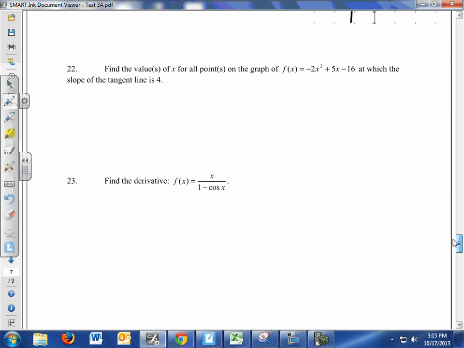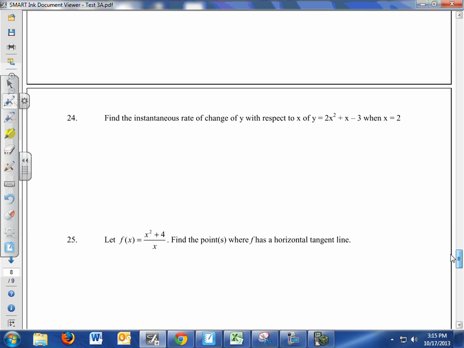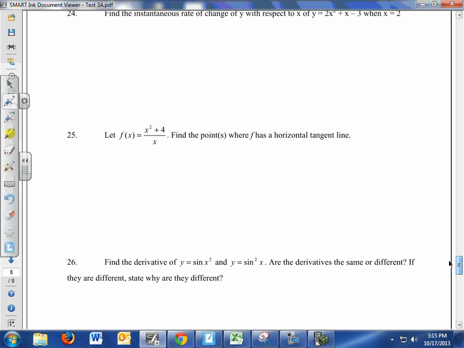This one, number 25, asked you for the points where f has a horizontal tangent line. You would have gotten x equals plus or minus 2 as your x-coordinates. A lot of you gave me this as your answer, and I marked it correct. I probably should have taken off something because you didn't follow directions, and in the future, I will. So here's your heads up: if I ask you for points, I want points, and if I ask you for x-coordinates, I want x-coordinates. So I was nice